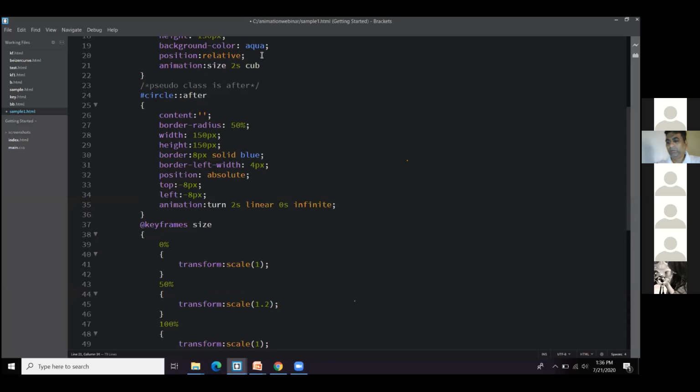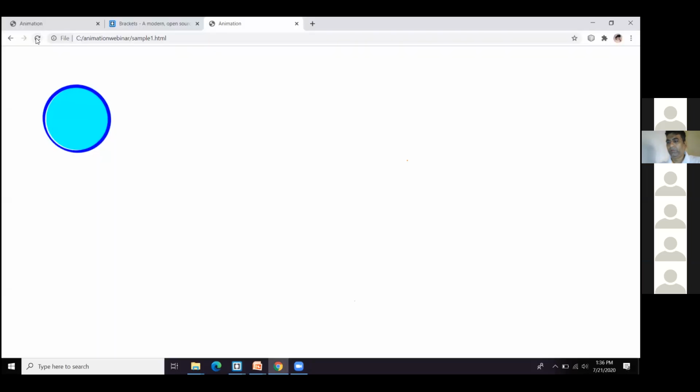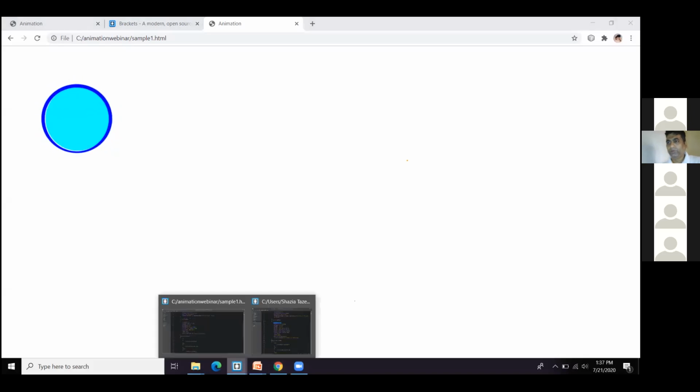And for circles, we have to use cubic Bezier curve. So I'm using the same thing over here. I'm taking a cubic Bezier function and I'm setting the coordinates as 0.215 and then 0.610. You can set it accordingly based upon your curve values, and then 1. So let us see here. You can see the size is increasing from 1 to 1.2, and then it is getting back to your normal one. You can increase the size and you can decrease it. You can scale it over here.